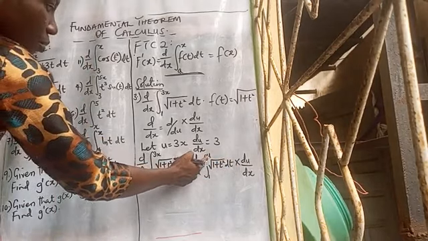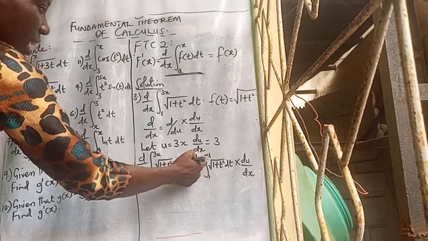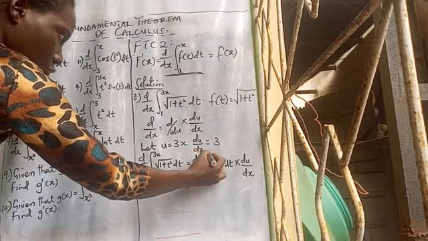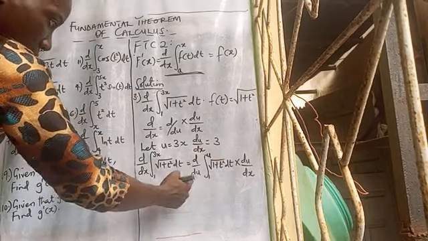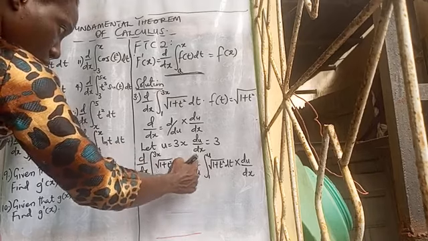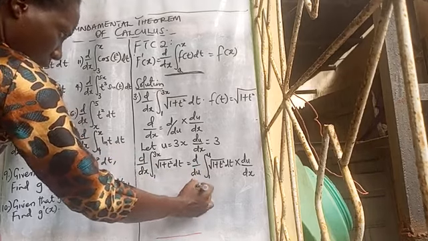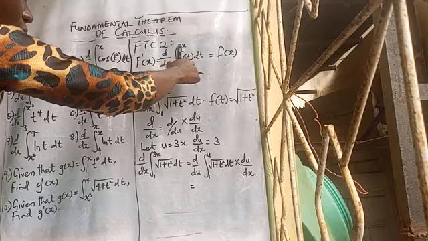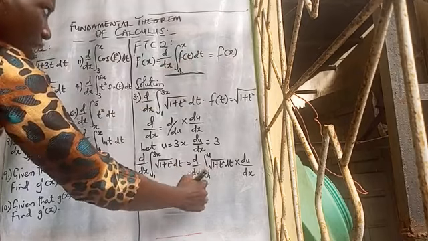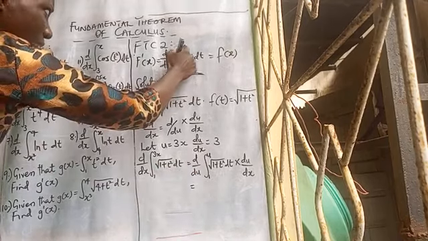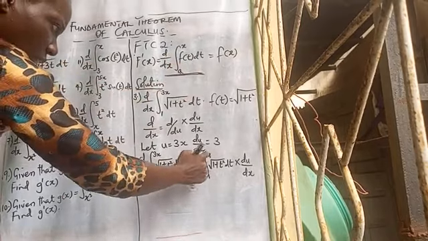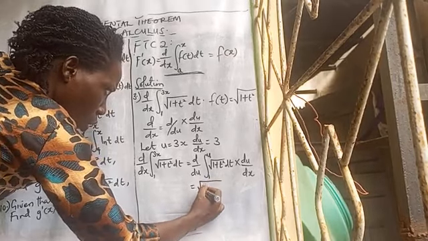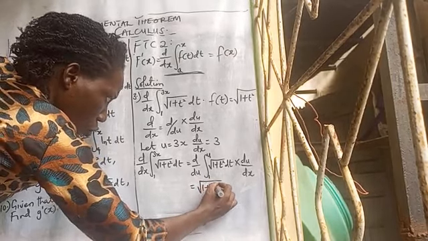Now my u is a variable, not a function like this. It's just u. And so d/du of this will be what? Remember we said the derivative of the integral of this is f of x, and so we just put x into the function. For this, we just put u into the function. And that gives me the square root of 1 plus u squared